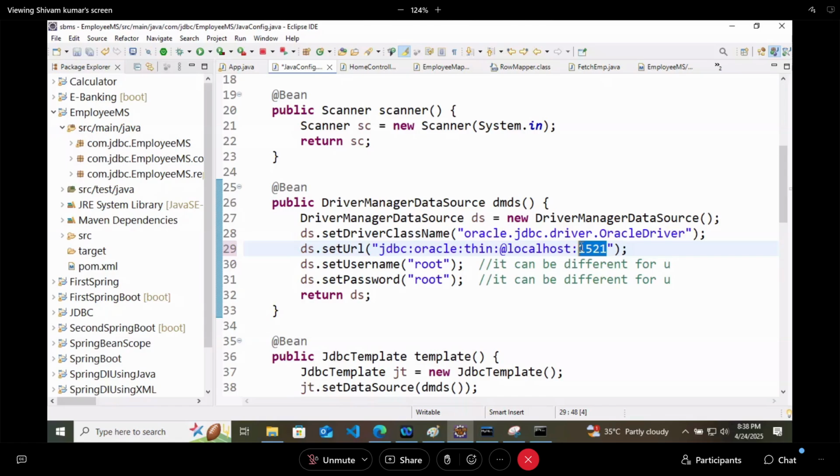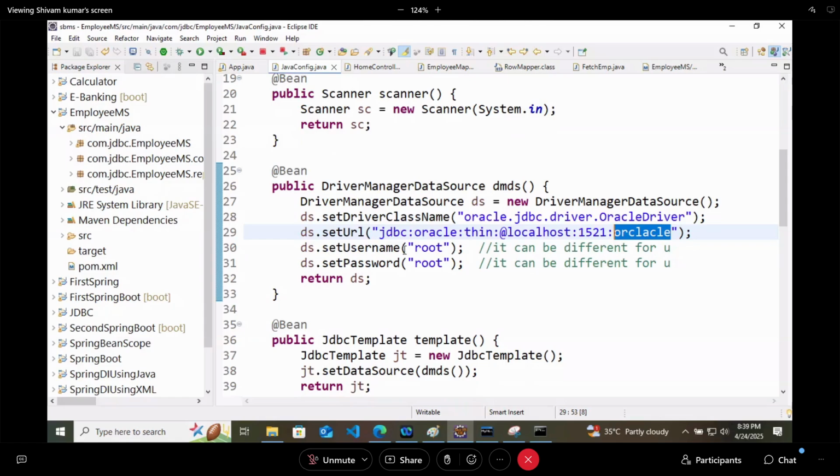After this you have to write your central database name, right? Whether it is root, sys, orcl, whatever, you have to check your central database name. In my case it is orclacle. In my case it will be different for you.